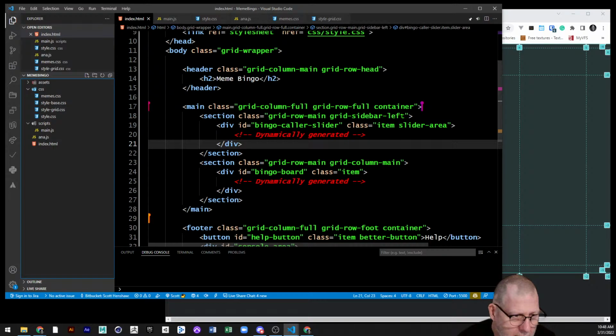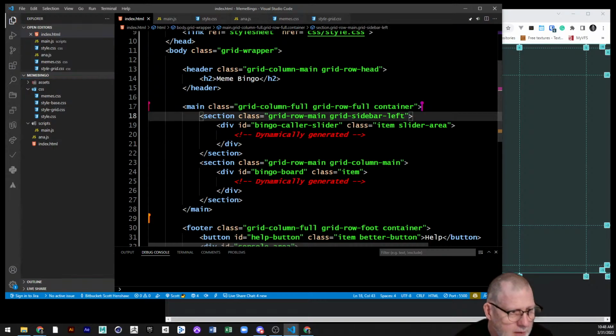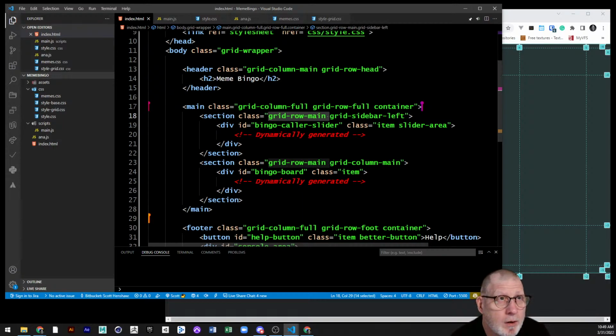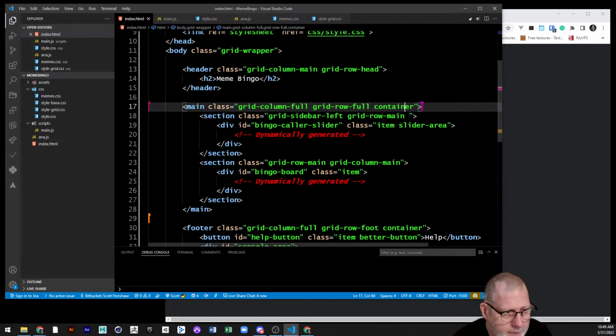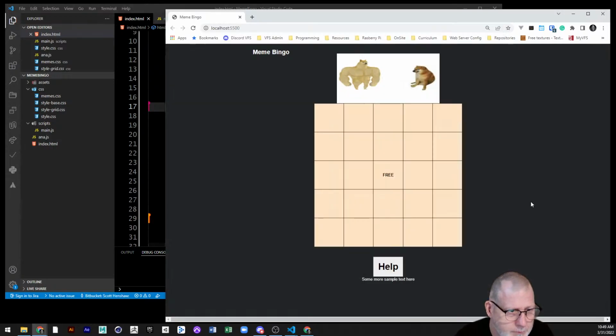Grid row main, grid sidebar left. Okay, so far we're okay, except